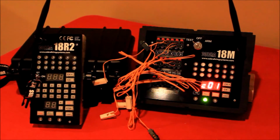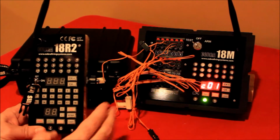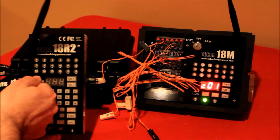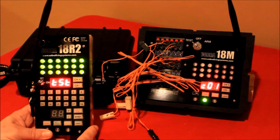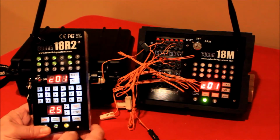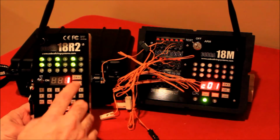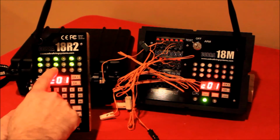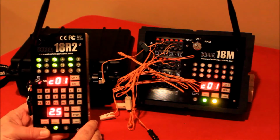The great thing with the 18R2 is you can get continuity from the remote itself. And I'm going to go ahead and demonstrate that now. So I'm going to start the system up, and you'll see once it comes up and establishes communication with the 18M that it's synced with, it then gives me the continuity on that module, which is a great feature,